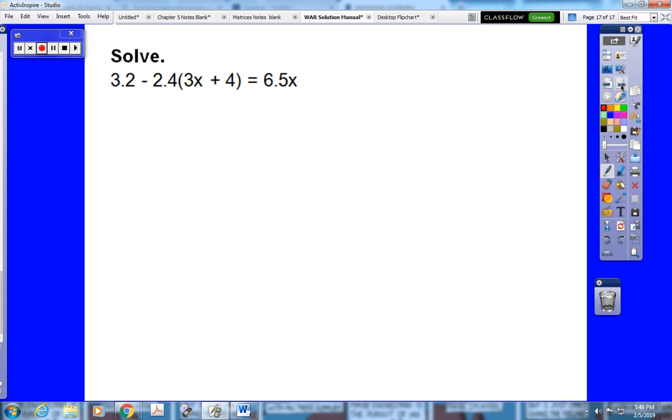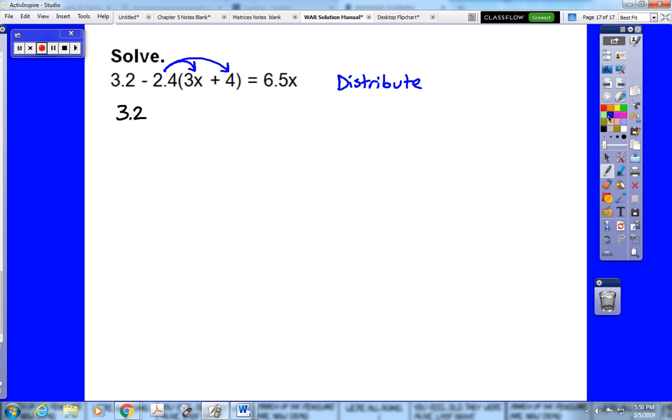Okay, that leaves us with this wonderfully nasty decimal equation. Now again, you have a calculator, so this should not be a problem. You're just going to follow your normal steps. You're going to start by distributing the negative 2.4 through the parentheses. So that would give you 3.2 minus 7.2x minus 9.6 equals